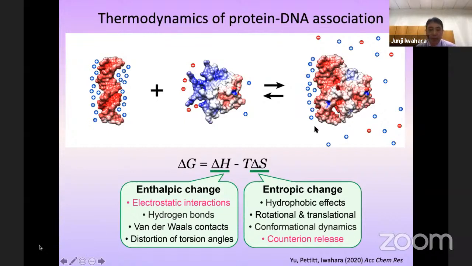So this release of ions basically is supposed to cause more freedom for ions, and it contributes to an increase in entropy. So to understand thermodynamic contributions by these effects, we have to know the behavior of ions around DNA